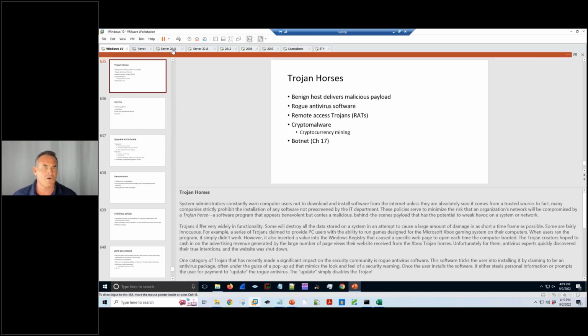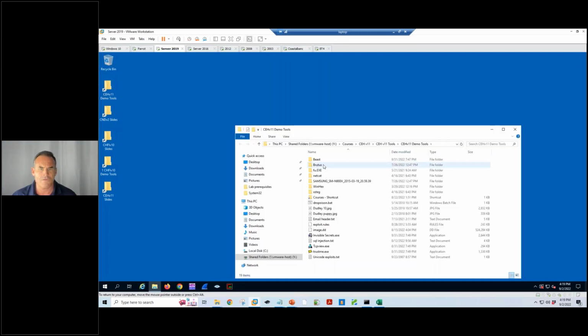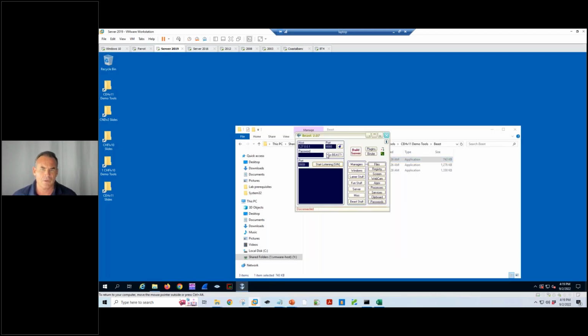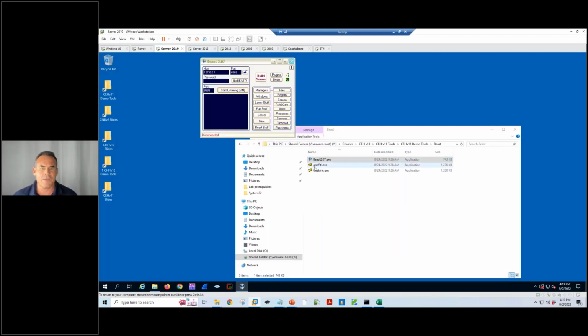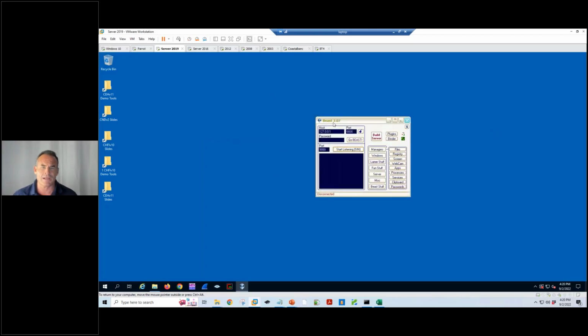All right, so on my Server 2019 machine, for example, I've already created a Trojan, and I have infected my victim system. I've used a utility called Beast. I've wrapped the Beast server into a seemingly harmless tic-tac-toe game, Graffiti, and I've called it trustme.exe, and I've deployed it to my victim. All right, so I've already gone through the infection process. I'll have you come on back for the rest of that story. But the end result is